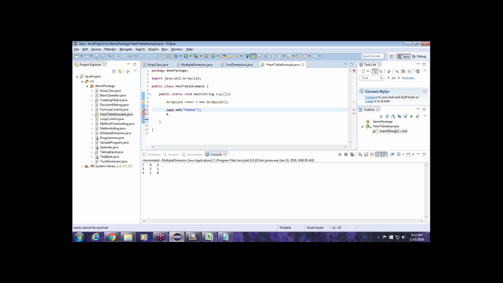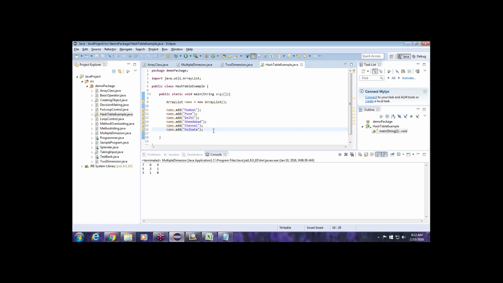In a similar way, add four, five, six more city names like Pune, Delhi, Ahmedabad, Chennai, Kolkata. Okay,